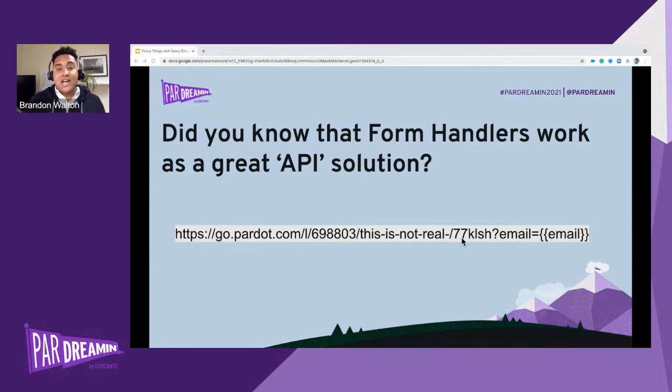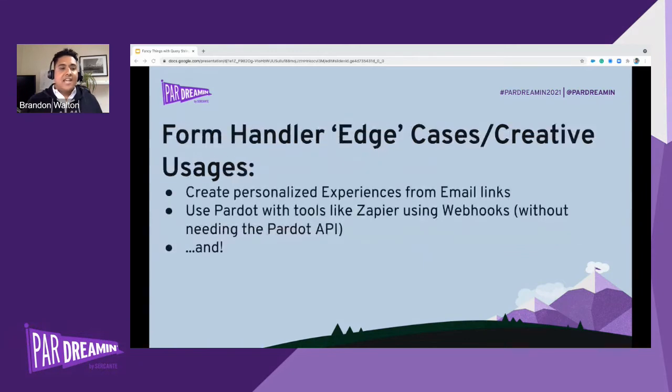So I do this a lot, and it works really, really well for custom integrations, again, where you just need to post a new prospect or sync a new prospect into Pardot from another application. Some of the other edge cases that we see is to create personalized email experiences from email links outside of Salesforce or Pardot. So some folks that we work with, maybe this sounds like blasphemy for folks in this room,